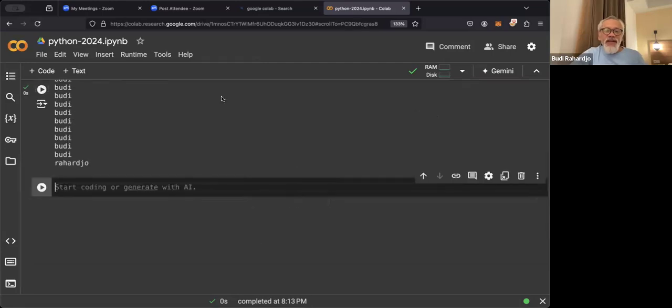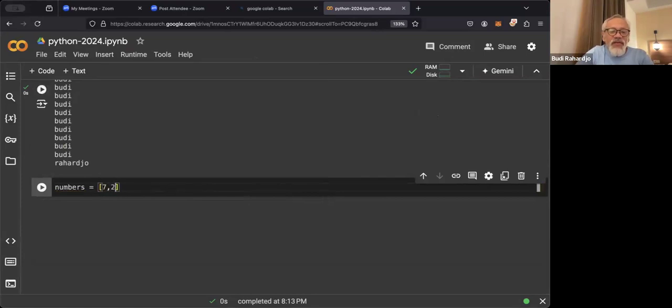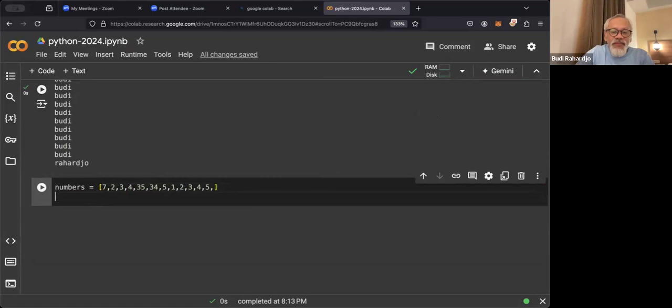Okay, now let's start a new coding again. Now this time, let's call it numbers equal. This time I put it this way: 7, 25, put some numbers, comma, random, whatever. Now I can print numbers.